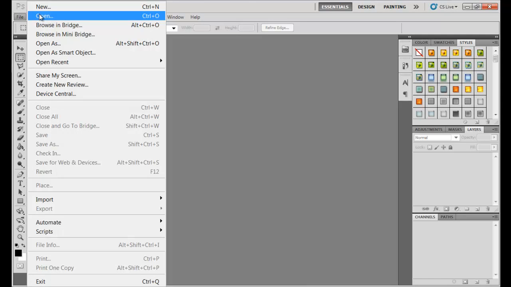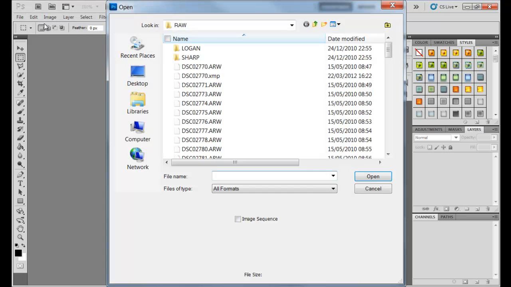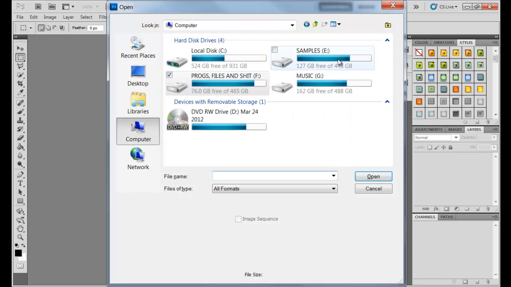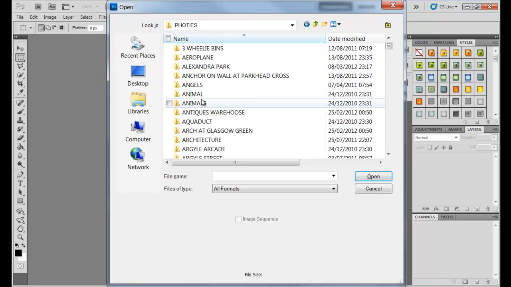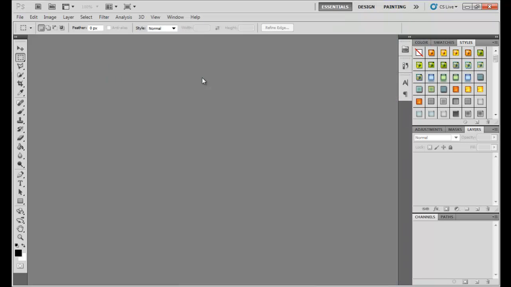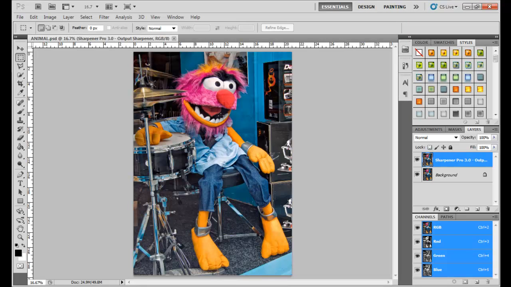So the first thing I'm going to do is open an image. If you watched my last video, there's tons of ways you can open up images in Photoshop. Going to computer, I have got my photos under photos, and I'll pick a nice wee photo of an animal. This is a wee picture I got in Glasgow town centre. It was a drum shop, and I thought this was quite good, so I took a photo of it, and